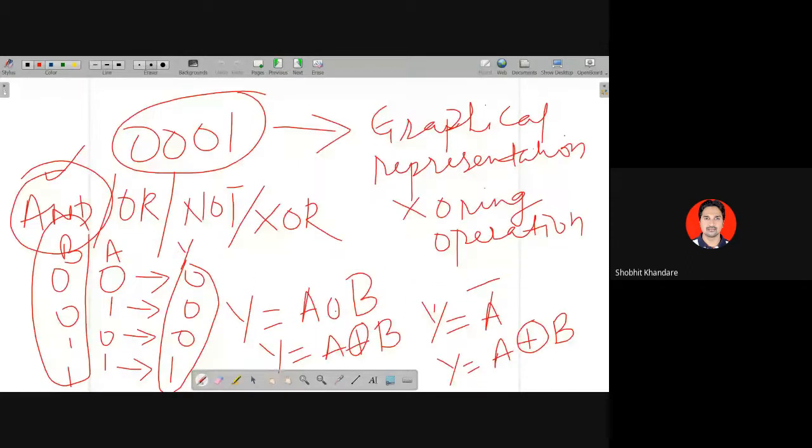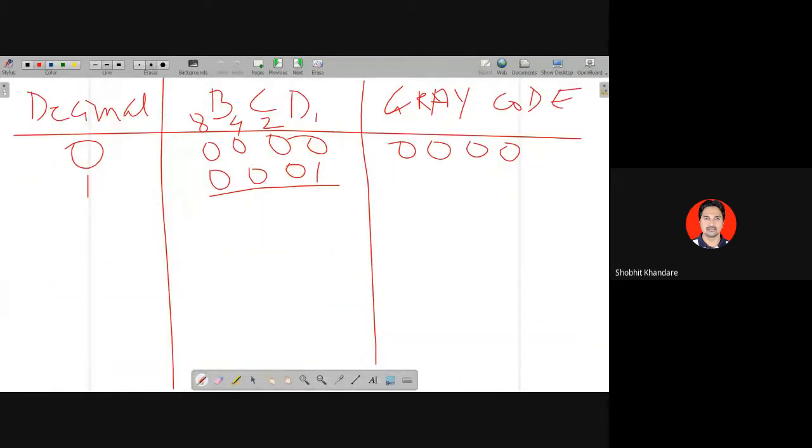So 0001 is the gray code for the decimal number 1. Okay. So we will come back to the table now. So can I write down here 0001? Yes. Write down now for 2. So for 2 it is 0010. So can anyone of you tell me the gray code for 0010? That is for decimal number 2. Tell me, we'll start with the MSB first. MSB will be written as